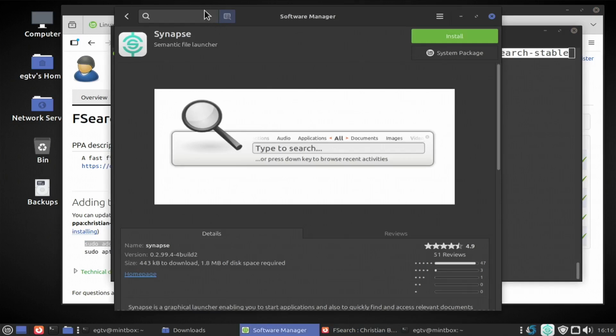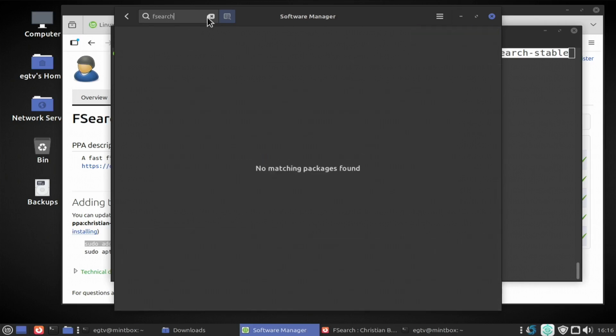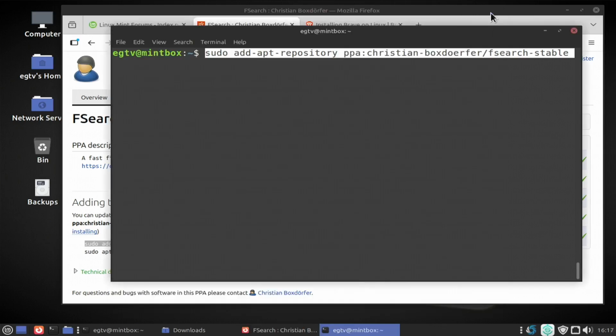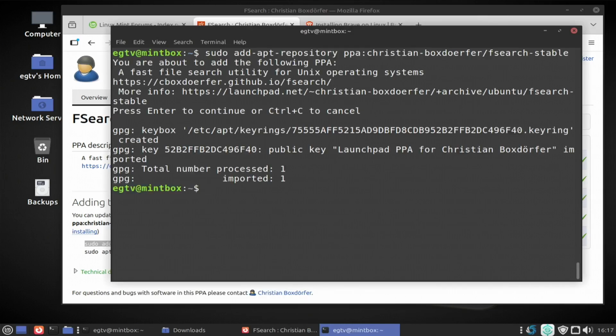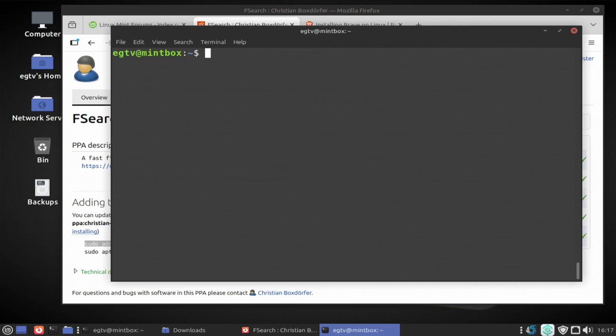If you go F-Search, it is not here, right? So I'm just going to close this now, as we don't need it here anymore. You get the idea. All you have to do, go to terminal, paste it here, enter, and there you have it, another enter, clean. And now just repeat the process of installing via the keyboard. Here you can just use the up arrow key to find the sudo apt install and get rid of the previous program you installed by keeping pressed the left Alt key and the backspace. You get rid of the Synapse name there, and you just type F-Search,